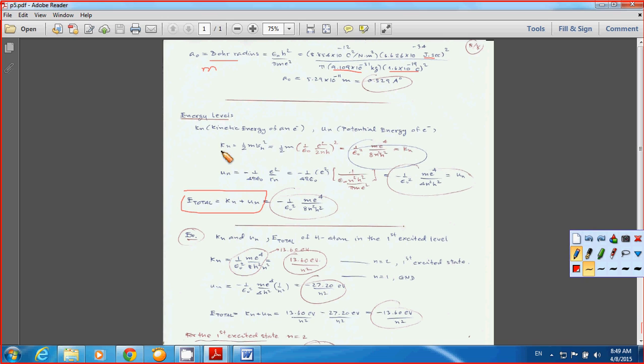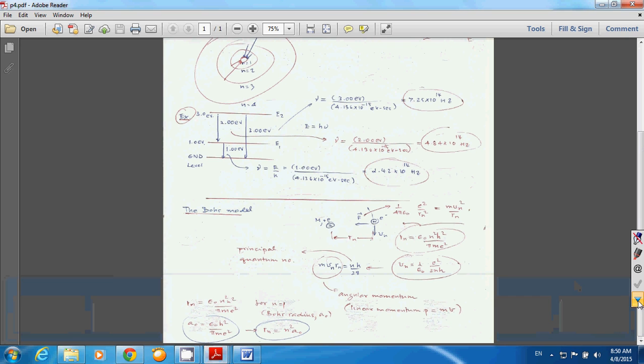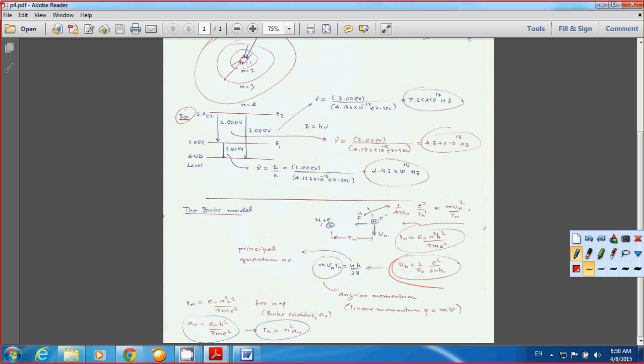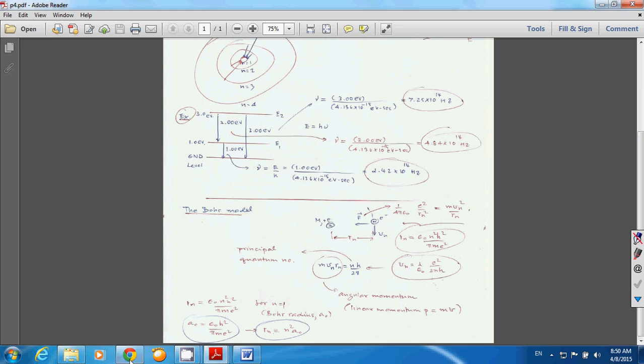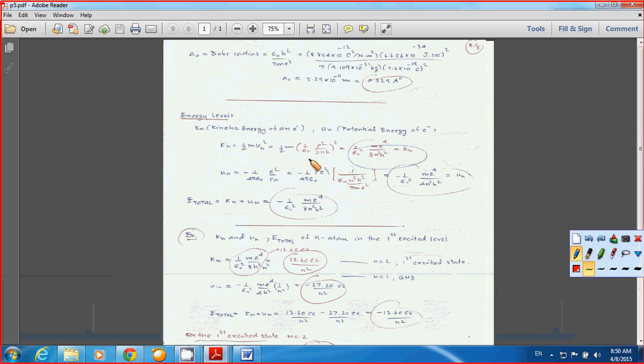You know that is equal to 1 over 2 m v_n squared, and you already have v_n on the previous page that we calculated before. On page number 4, you have v_n right here, e squared over 2 epsilon 0 n h, and this becomes